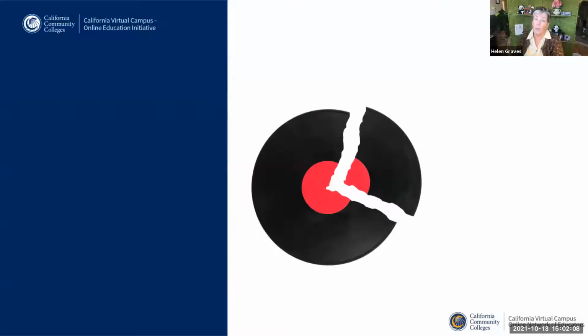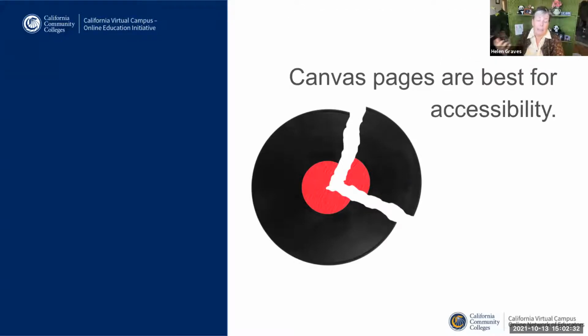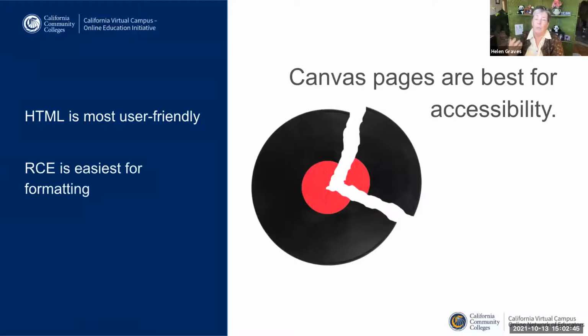I'm going to start off with my impression of a broken record because I say this all the time. The first line of defense when it comes to making content accessible, and when it comes to inaccessible documents, is to put the learning content on a Canvas page. And there are two reasons for that. First, HTML, meaning Canvas pages, is the best, most user-friendly environment for both screen reader devices and mobile devices. Secondly, it is so much easier to remediate